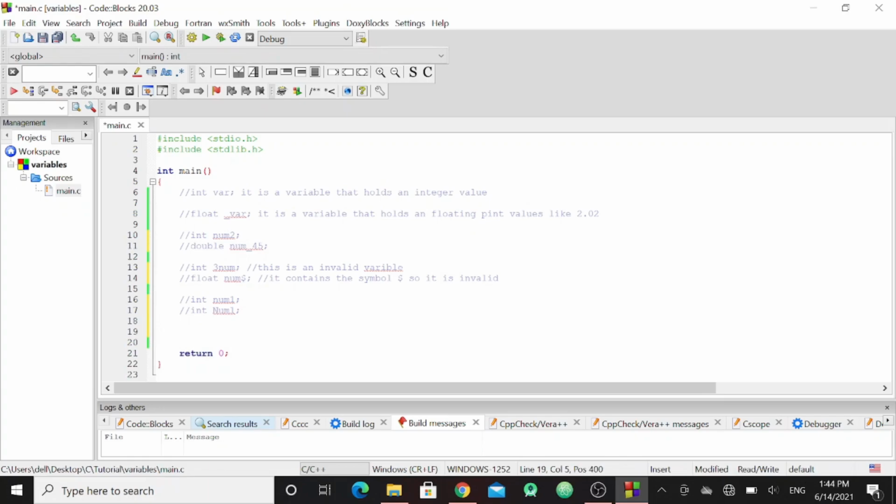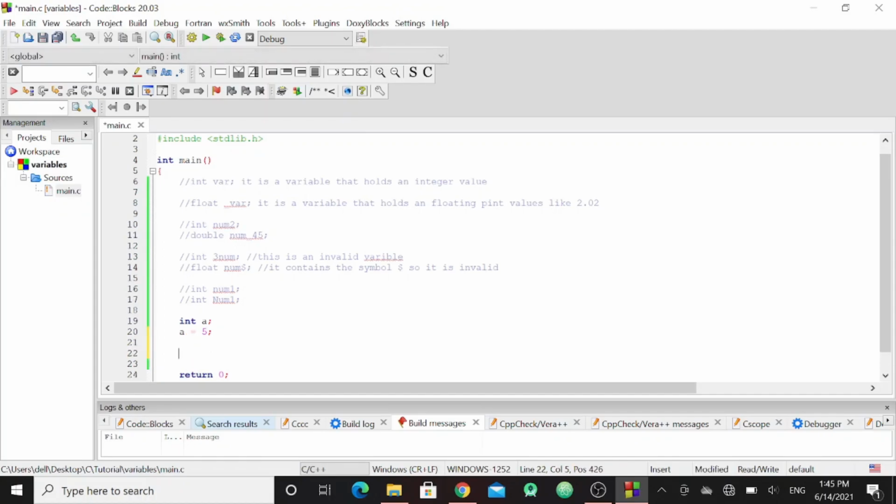So assigning a value means, int a. This means you have declared the variable. Declaration is this one. Assigning means you are assigning a particular value to this variable. Like if I assign 5, this is assigning a value. Now the variable a contains the value 5.